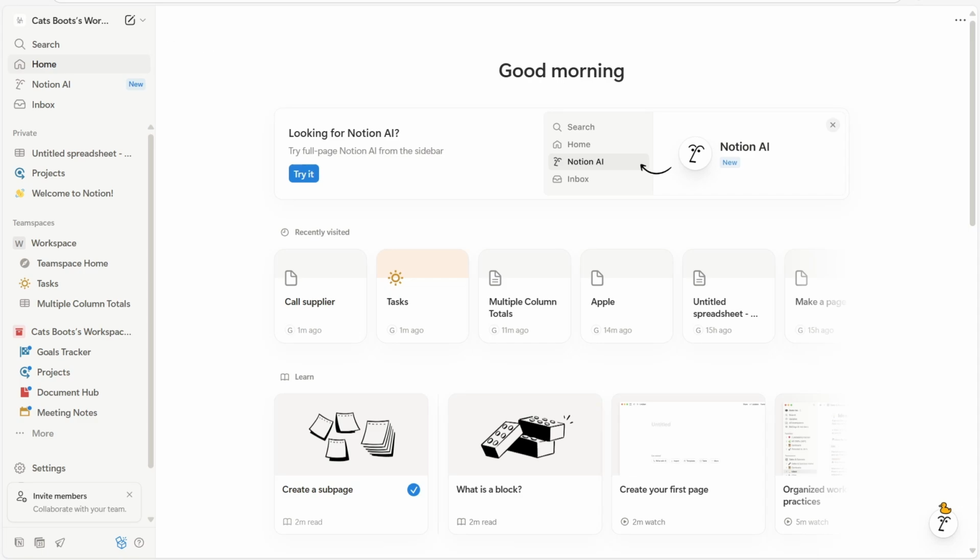In this video, I'm going to show you how to add due dates to tasks in Notion. Let's get started. After successfully logging into your Notion account and being able to access the homepage, what you